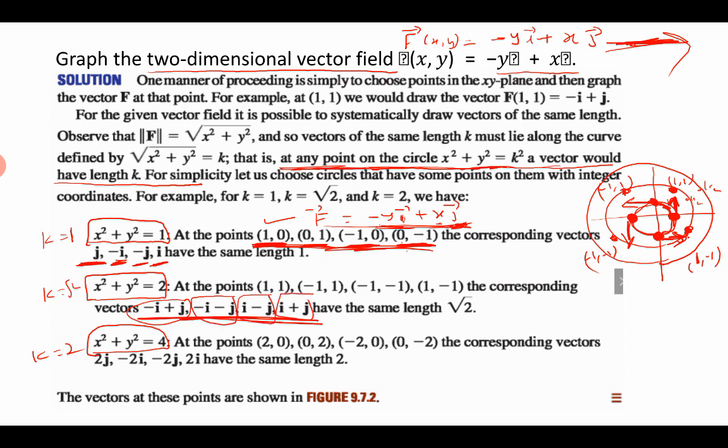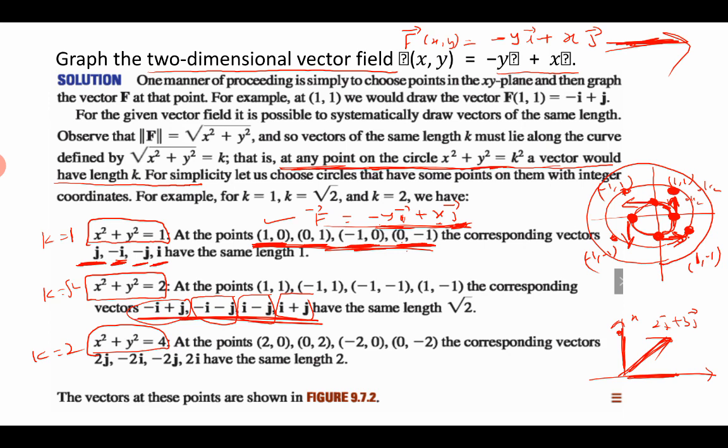And you should have a basic idea how to draw a vector. If this is x and this is y, if you want to draw a vector 2i plus 3j, what do you do? 2 units in x direction, 3 units in y direction. So you find a point here, draw the vector here, isn't it? This way you have to draw from this point, this point. You will start at 1 comma 1.